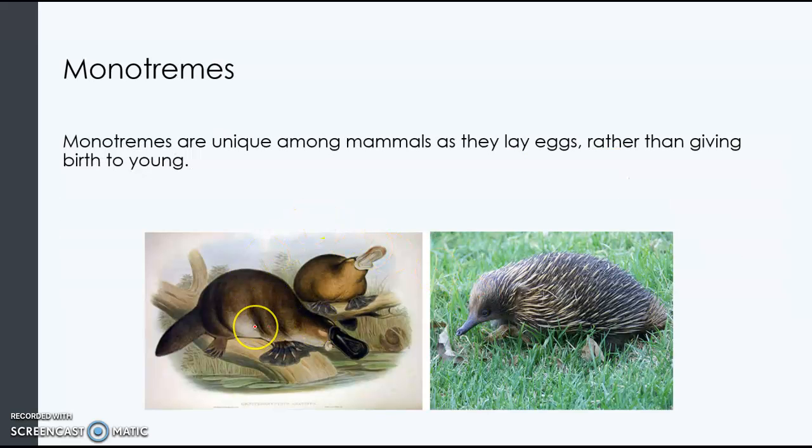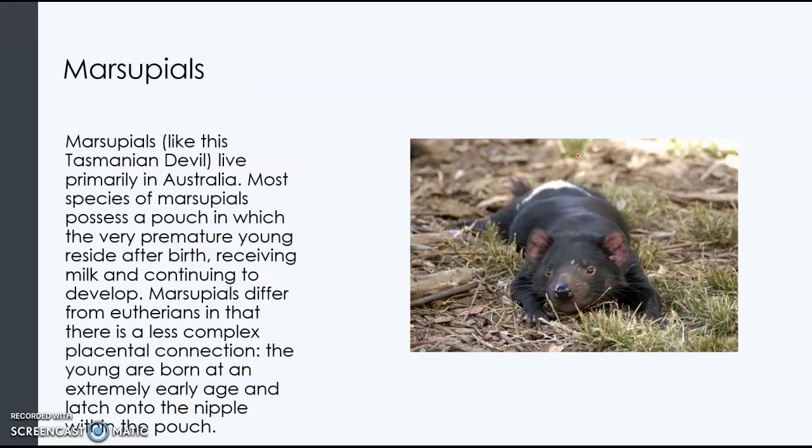So here's the picture of the platypus and the echidna. These are our monotremes, which lay eggs. The marsupials, it took me a while. Okay, well, it actually tells you what it is, but I